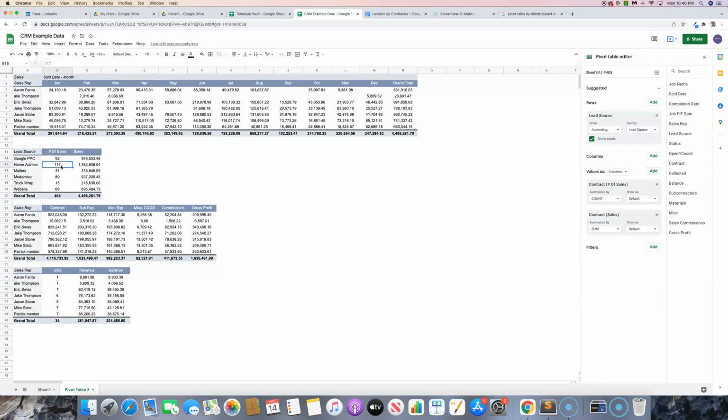and 117 jobs came from Home Advisor, 92 from Google Pay-Per-Click, but 80 from Modernize. And something that's kind of cool about this is you can see we had roughly almost the same amount of sales between these two lead sources. However, they were a 12 job difference. So what that's telling me is that Modernize in this case has a much higher average job size than our